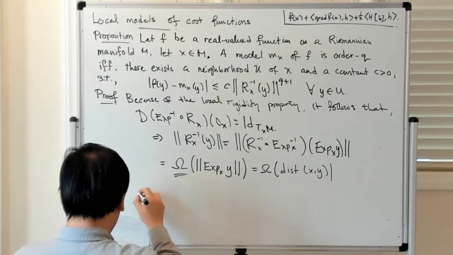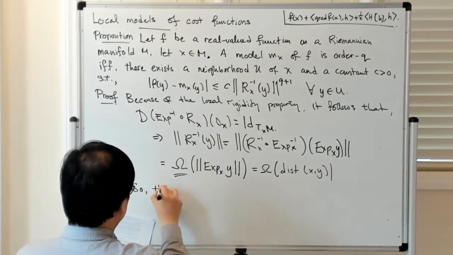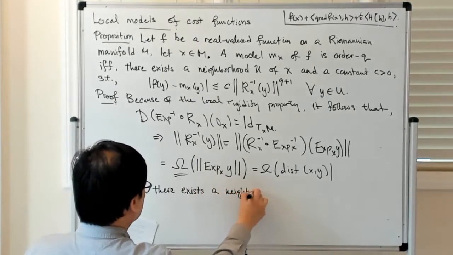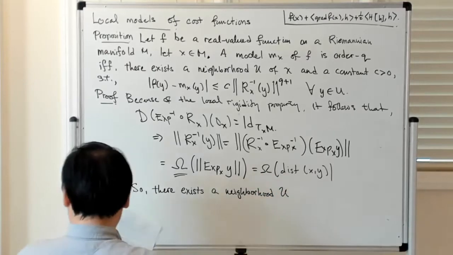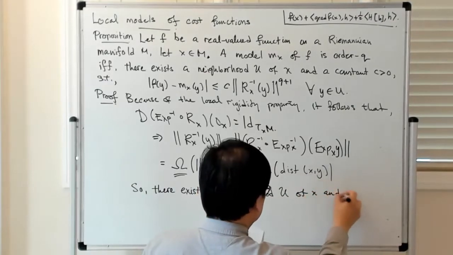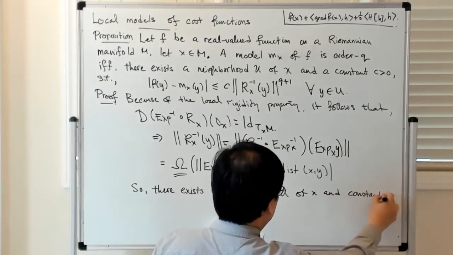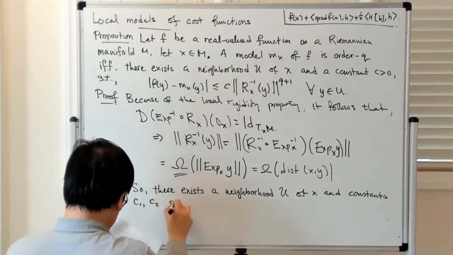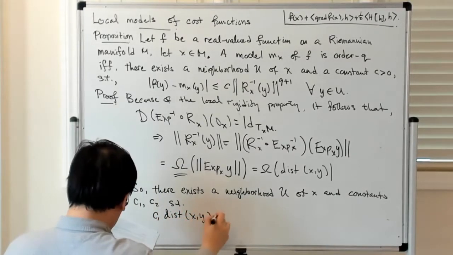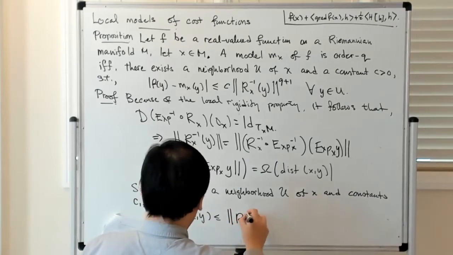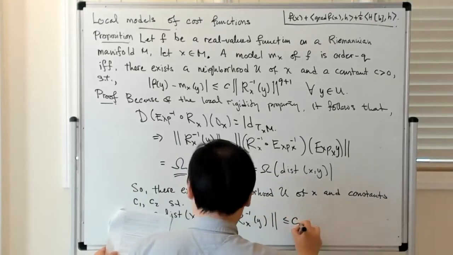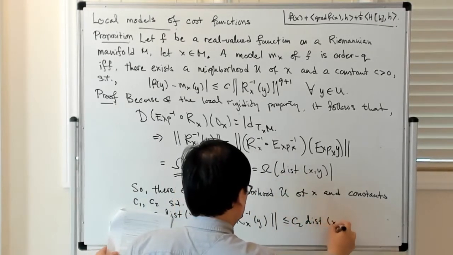Basically, it means that there exists a neighborhood U of x and constants C1 and C2, such that C1 times the distance between x and y is less than or equal to the norm of this retraction, which is less than or equal to C2 times the distance between x and y,